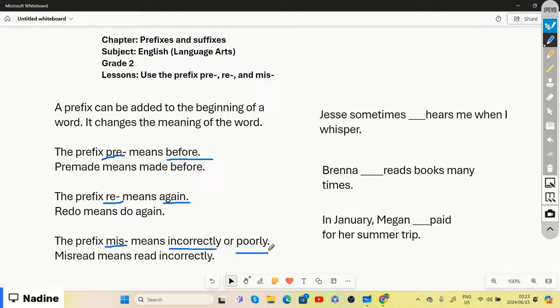So we say that read or reading is like you're comprehending what you're reading. But now when we add the prefix miss to the word read,